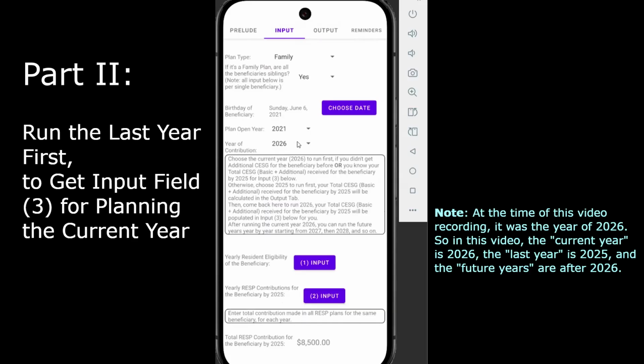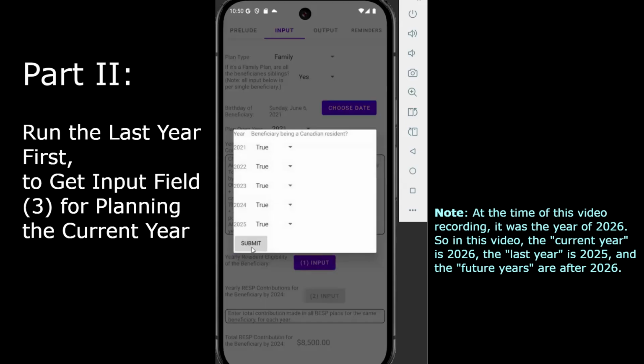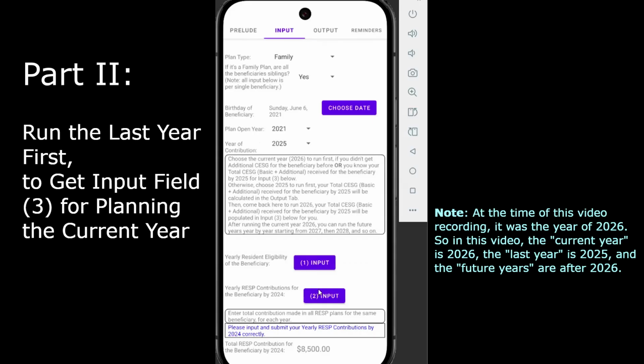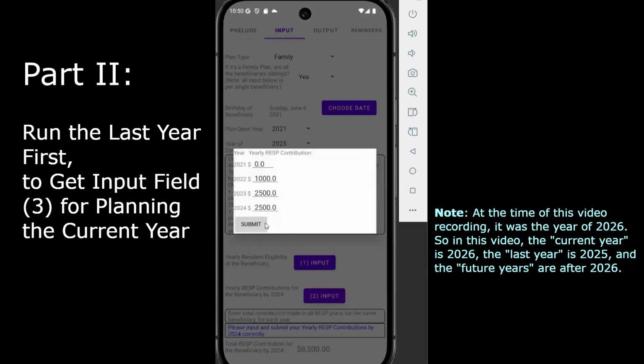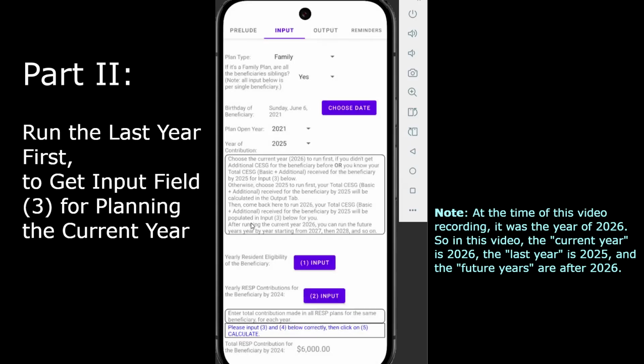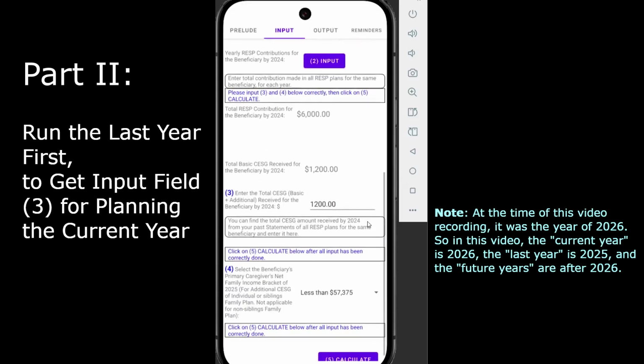Choose the last year, 2025, as the year of contribution. You can find your total CSG, basic plus additional, received for the beneficiary by the year before last year, 2024, from your past RESP statements, if needed.